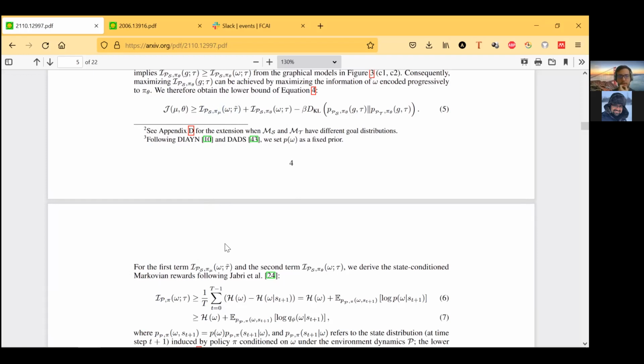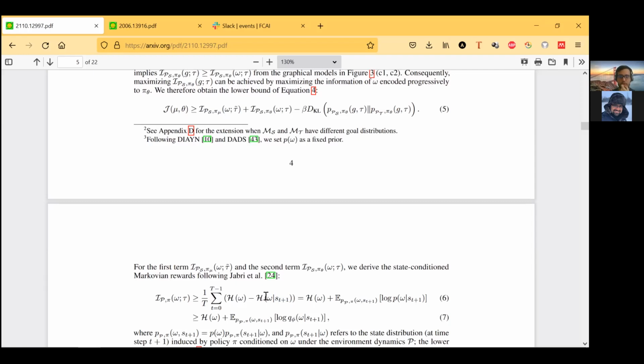The omega will generate some trajectory, and from the trajectory you can pick any of the states. And so if you know the trajectory, then the state is conditionally independent from omega. And so then the mutual information for a specific state